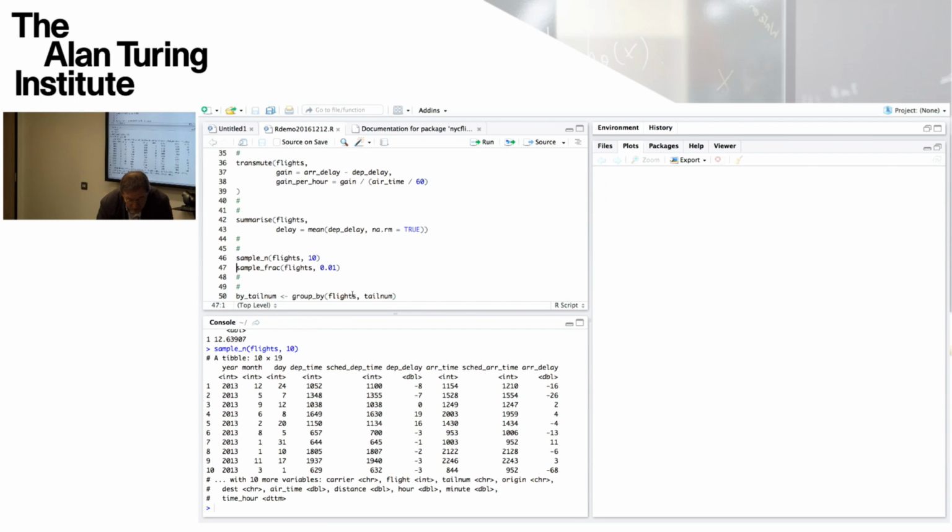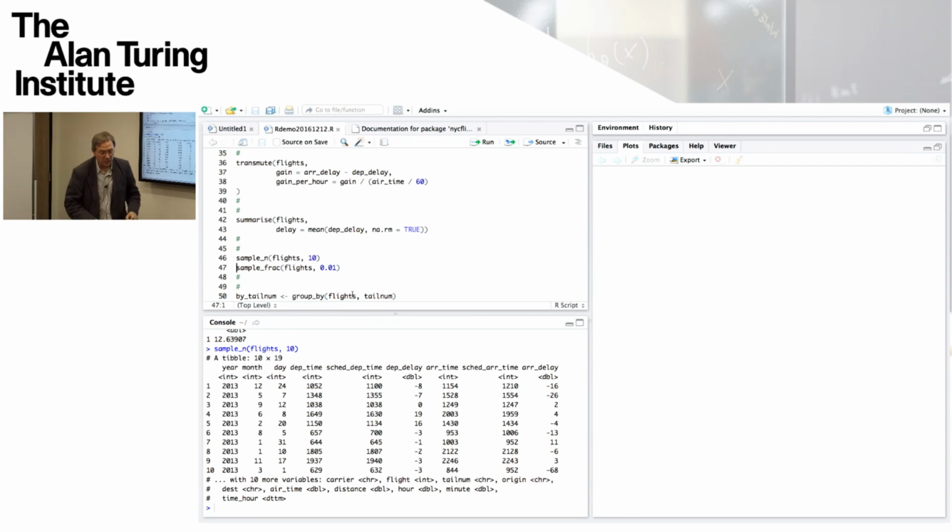In the following, sample n is going to produce a random sample of n flights, n equals 10 flights, from our flights. So it's a set of rows given by a random sample. There are ways to set the random number seed if you want to, and ways of overriding whether the sample should be with or without replacement.